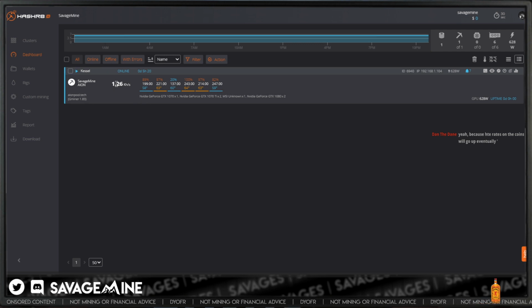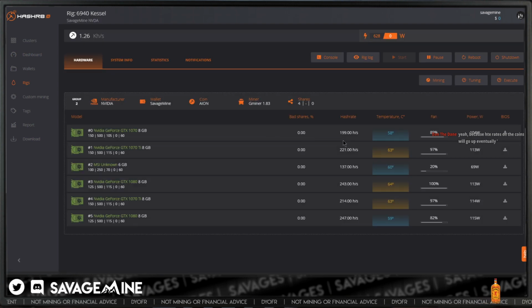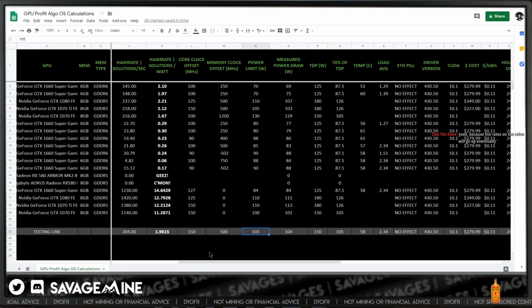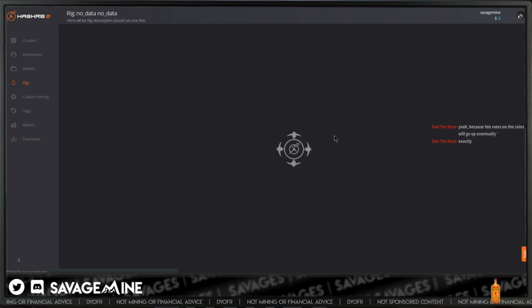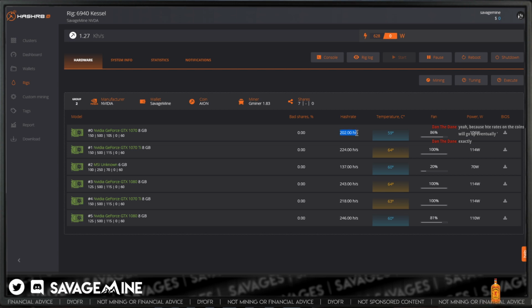All right, so we're back to mining. Got hash rate here, so that's good. Go back over here and check it out. See, it is a little lower, right? The hash rate should be, I think it was at 204 before. So it'll probably creep up to around 204 over time. Right now it's only at 199, but it should creep up with those particular settings. See, there it goes, 202 now. So it'll probably hit 204 at 105 watts, maybe even 104.